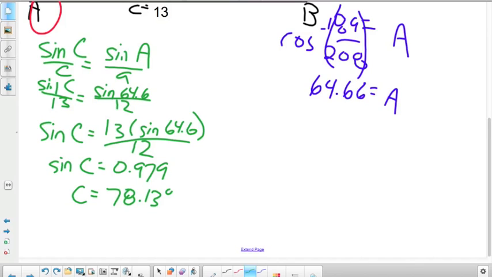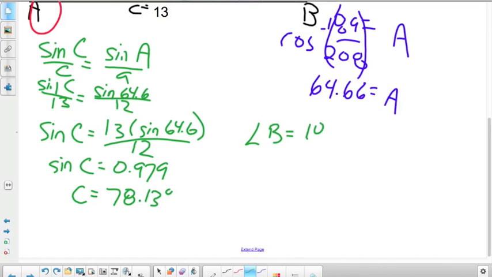And finally, we need angle B. So how do we get angle B? Again, I could go back to the cosine law. I could use the sine law, but the easiest one of all, if we know two angles, how do we get the third? To find C, you just did the inverse sine, yeah. The opposite of sine is the inverse sine. So once you got 0.979, you want to do the inverse sine of that. Okay. So angle B